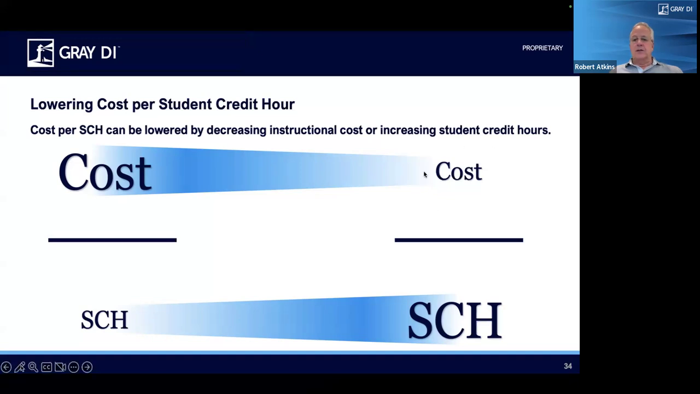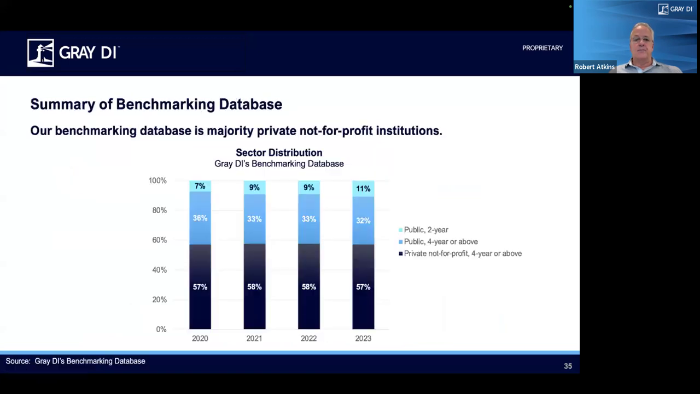A lot of folks focus up here. We've got to cut the cost of our faculty. It is not enough to focus there; you also need to focus down here, which is how do we increase the number of student credit hours taught in each course. So as we look at cost, we find it in 3 big